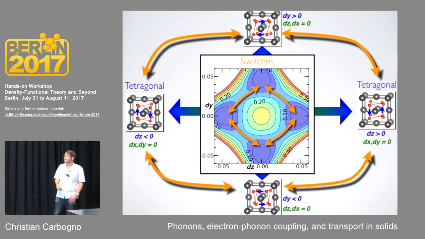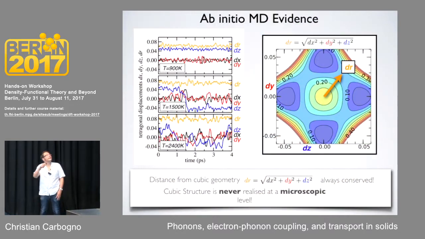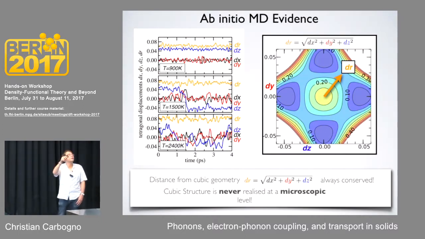And what you actually observe if you run molecular dynamics on the system is that your atoms really are jumping from one minimum to the other. You can observe that here, that this blue line changes sign, so you're jumping from one side to the other. You're running around in circles, and if the experimentalist is going to measure this material, even if you're running around in circles here, for him on thermodynamic average it will look as if the atoms are positioned here in the middle, even if this structure is never realized at a microscopic level.